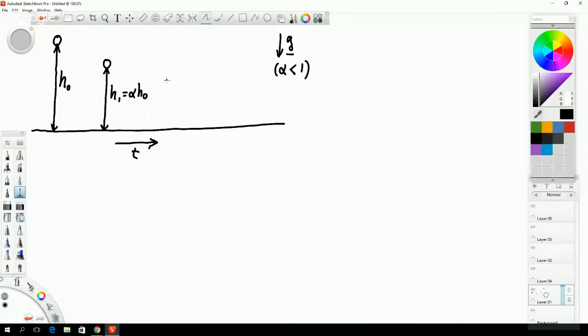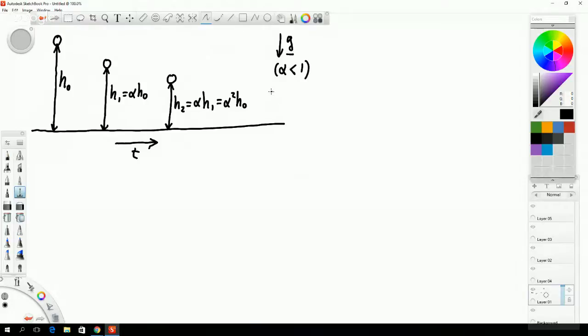Okay, so this is the first bounce. What happens at the second bounce? Well, the ball will bounce up the table and then going back up, and will reach a maximum height, say h2. Well, how is h2 related to h1? Obviously, in the same way as h1 was related to h0, because h0, h1, and h2 are just names of things. So I can change them if I like. And in particular, h2 is going to be equal to alpha times h1. Okay, but h1 itself is equal to alpha h0, so I can plug that in again and get alpha squared h0. So this is the situation at the second bounce.